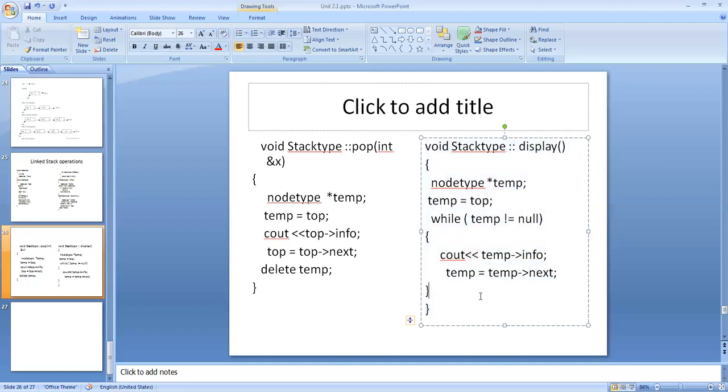Okay. Now I put all of these functions, that is stack operations, in the main function.